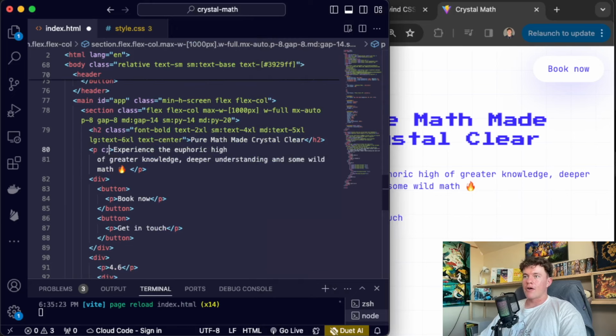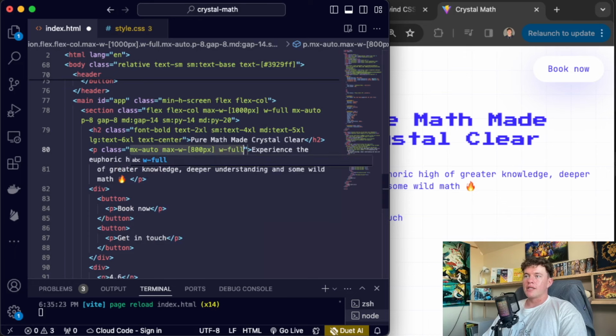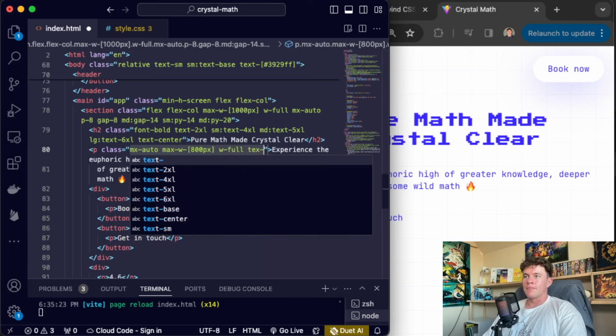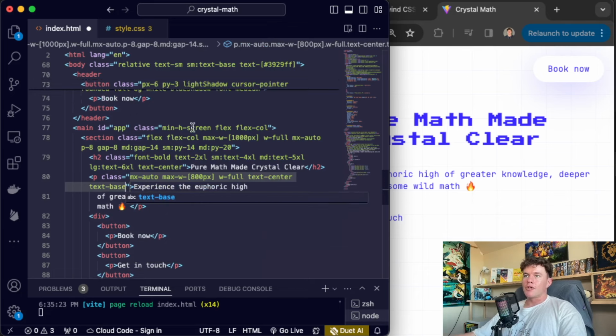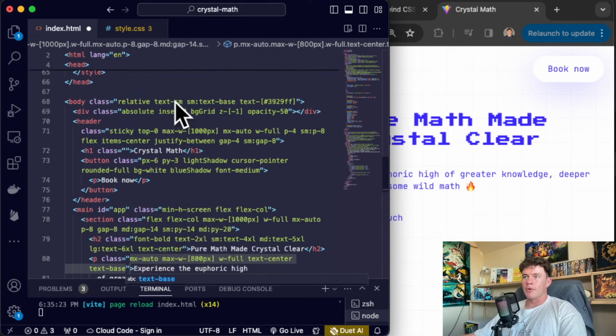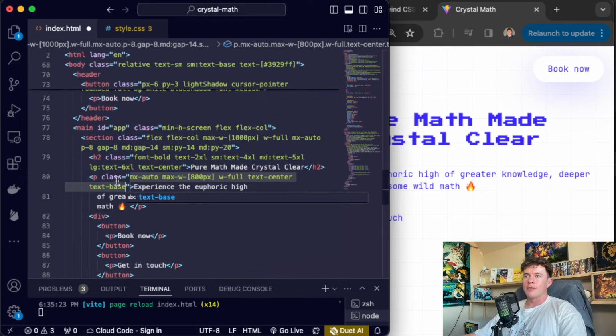Next on our list is the paragraph. This one is going to have a class equal to mx auto, for the margin X automatic. We're going to give a maximum width that's a little bit less than the width of our main section, so we're going to set that to a custom value of 800 pixels. We'll set the width to full, so a width of 100%. We also need the text alignment to be centered in this case, and we're going to set the default text size to base because currently it will be inherited from the body where we set the default to small. We want this to be slightly larger, so we're going to set it to text base,